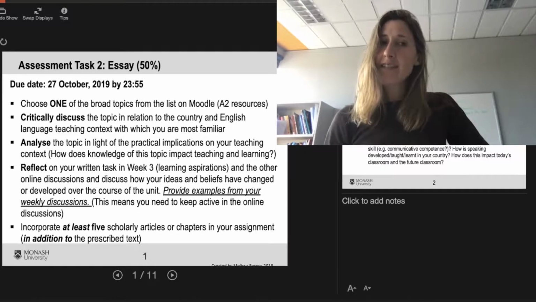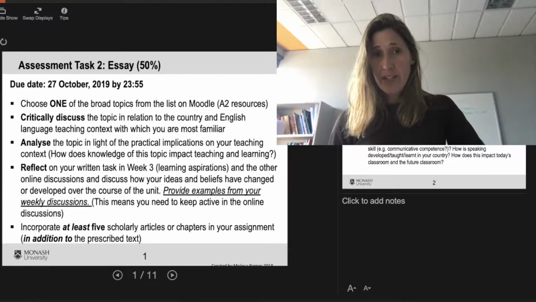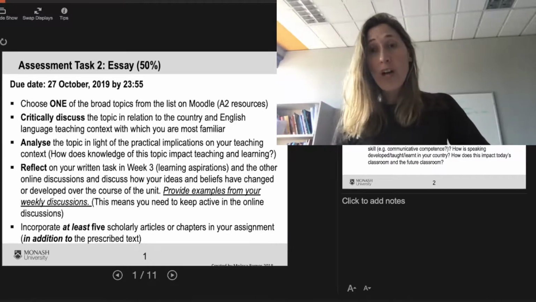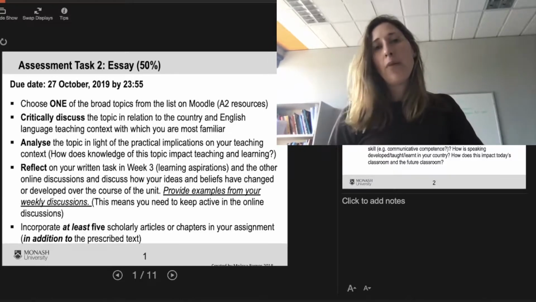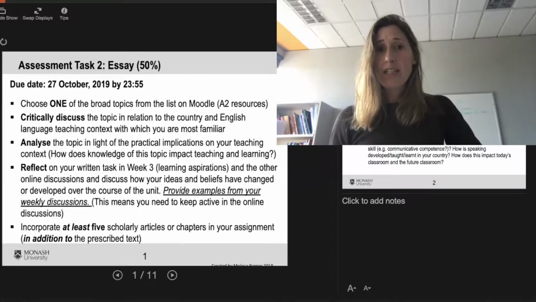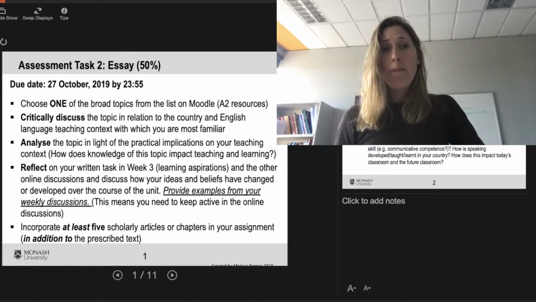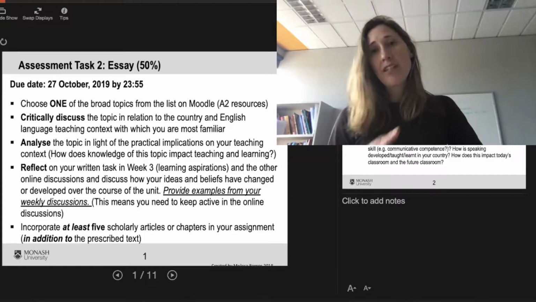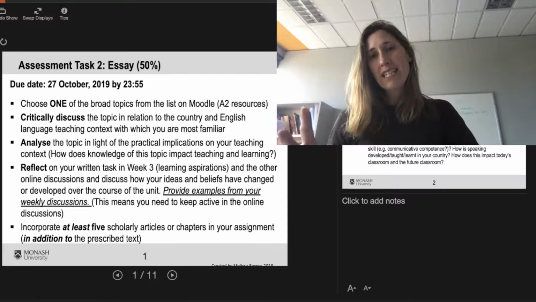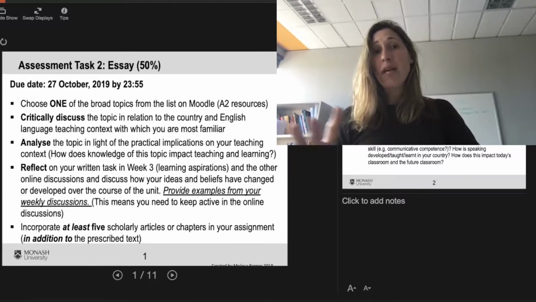Then you're going to analyze the topic in light of the practical implications on your teaching context. So you're going to do a whole kind of review of the topic, looking at what the literature says about this topic. Now, how does it actually impact teaching and learning? And what are the implications of this topic? So if the topic is speaking, what do we know about speaking generally, internationally, about the value of speaking? But then also, what does the literature say about speaking and how it impacts teaching and learning